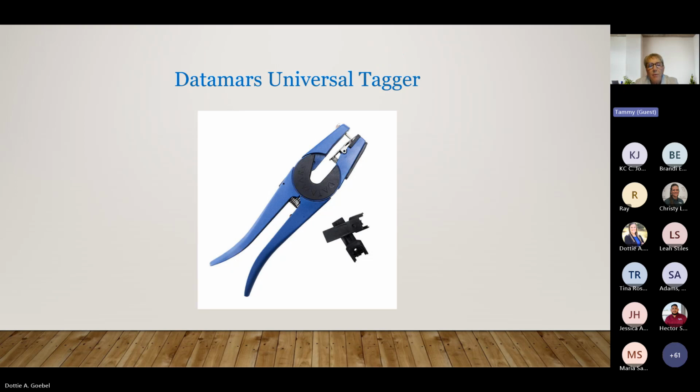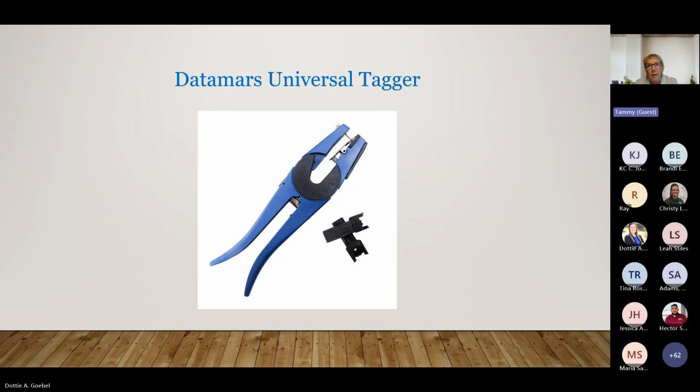These are the taggers that I would highly recommend that you use. We have found that this particular set of Data Mars taggers, their universal taggers, work better than any other, simply because the needle in these taggers is about 1/8 of an inch longer, and they're just easier to put those tags in, and they secure those tags better.